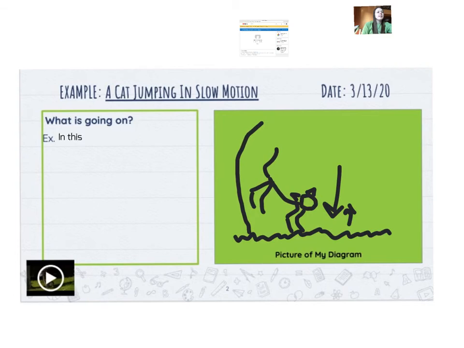All right, so let's type out what's going on. So in this video, a cat jumped down from a tree. Let me make this bigger so my box actually functions. Okay. In this video, a cat jumped down from the tree. As the cat jumped, it pushed off of the tree and